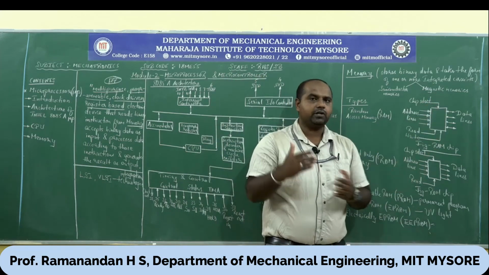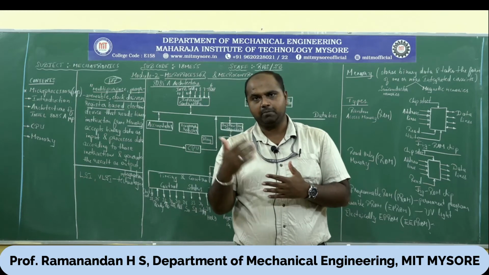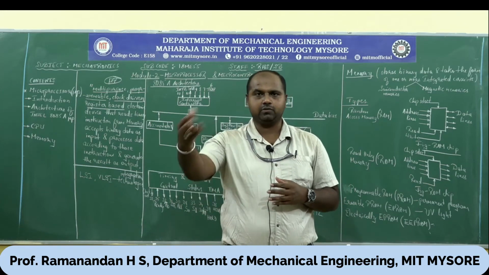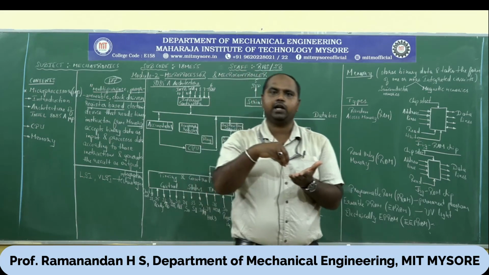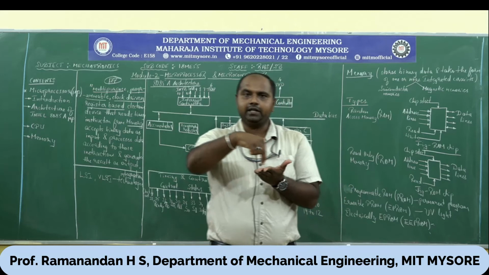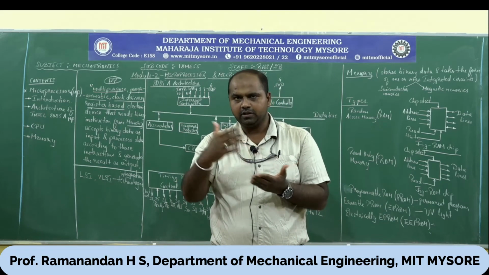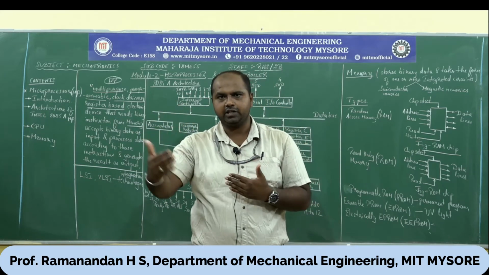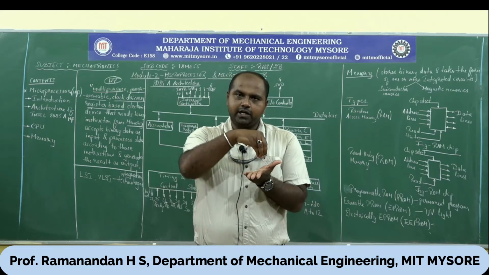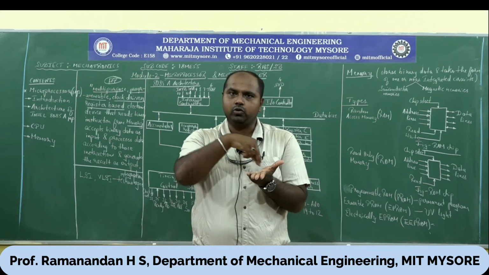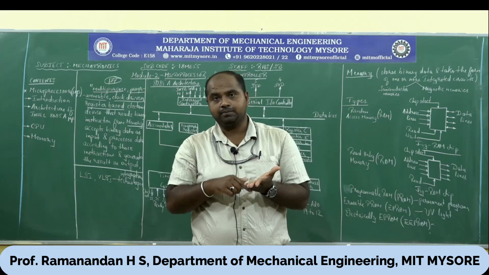Magnetic memory is nothing but your DVD, your digital compact disc that we use, video discs that we use. They usually work with the help of a magnetic field and ultraviolet light. You can write or burn the information on the compact disc. That is what we have usually done. These days DVDs or CDs may be obsolete. They are available but in minor application. So where you use a magnetic field and ultraviolet light to write or burn the data, it is stored in the form of a magnetic field.